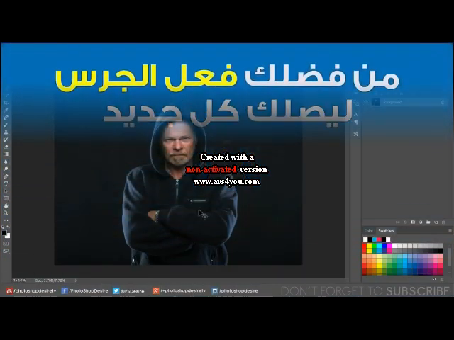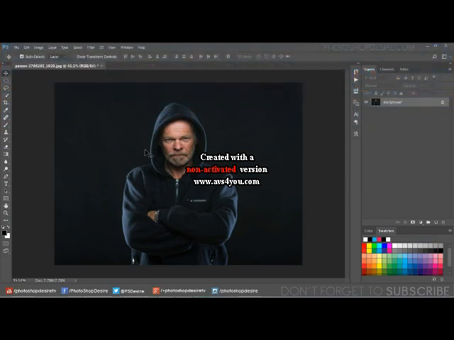Its opposite or complementary color. This is somehow a very advanced tutorial. I will try my best to simplify it for your understanding. Okay, let's get started. If you want this photo to practice on, you could download it from the link given in